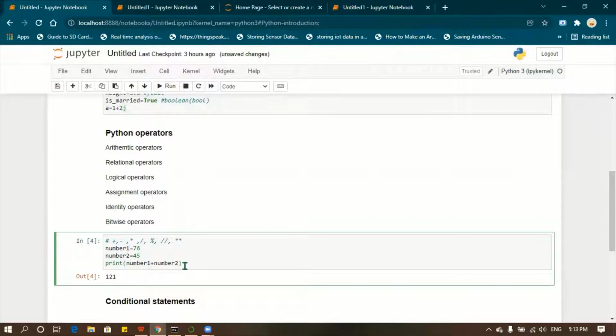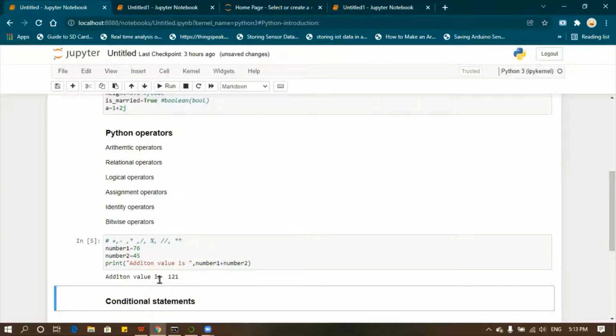Okay, the print function is useful to show messages or values to the user. For example, if you write "addition value is" in quotation marks and add a comma, it will give: addition value is 121.